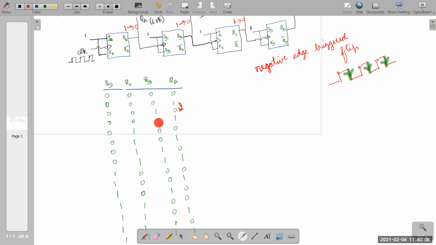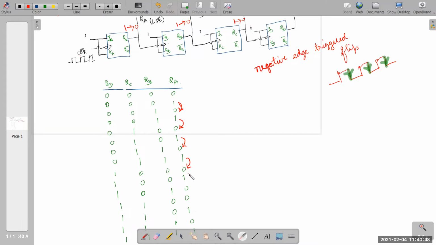If this 1 is retained, again it is changing from 1 to 0. When QA is changing from 1 to 0, the past value is 1, and now it is complemented to 0. 0 to 1, no problem. 0, it will be the same 0. Then again 1 to 0, when QA changes from 1 to 0, QB will be triggered. It changes from 0 to 1, right? Similarly, 0 to 1, no problem, 1 will be retained. Again 1 to 0, the previous 1 will be complemented to 0.